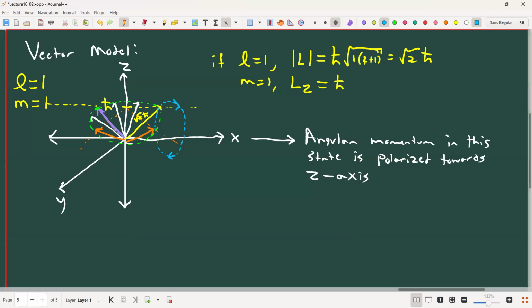Right, so when we look at the wave function for this system, when we look at psi squared for 2, 1, 1,